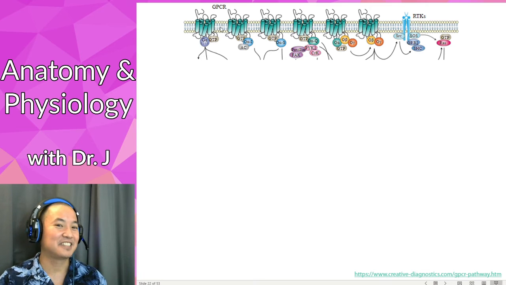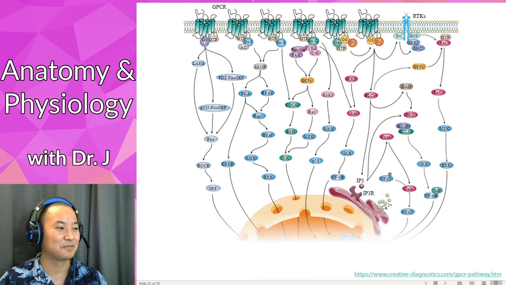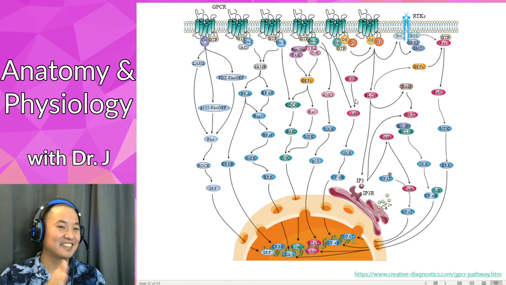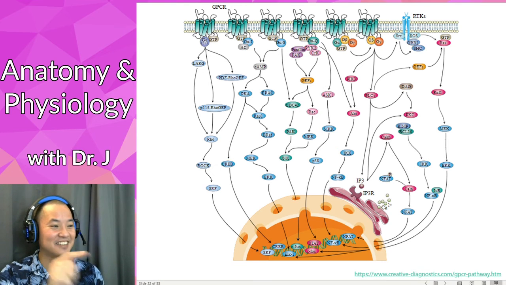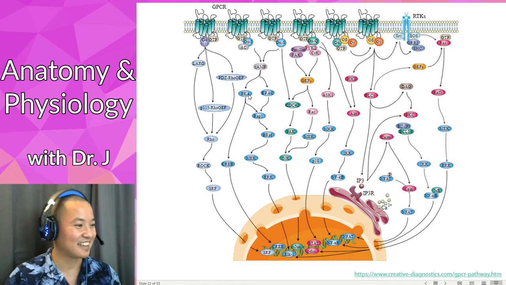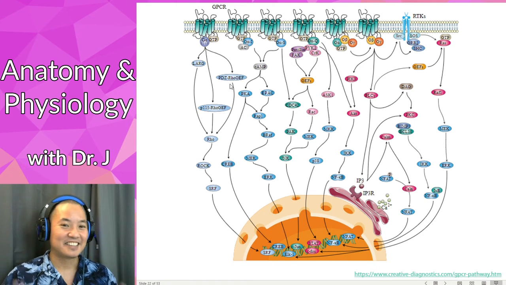So here we have all these G protein coupled receptors, and if you're going into a PhD program at one point, you'll probably have to learn multiple pathways here. So it gets even more complicated. This is the protein kinase A. I just showed you this part right here. But what we have here is all these G protein coupled receptors and other protein receptors. So it gets a lot more complicated. If you're studying this, you're studying way beyond the scope of this class. Good for you, but you don't need this for the tests at this level. Again, cell signaling is very, very complicated. That's why I choose my targets very carefully for this class.